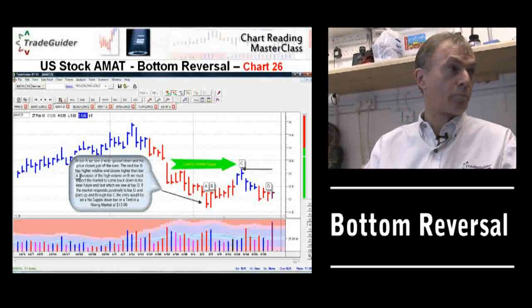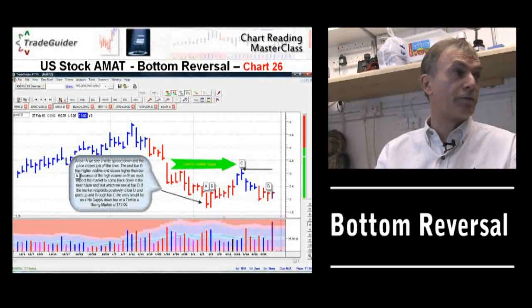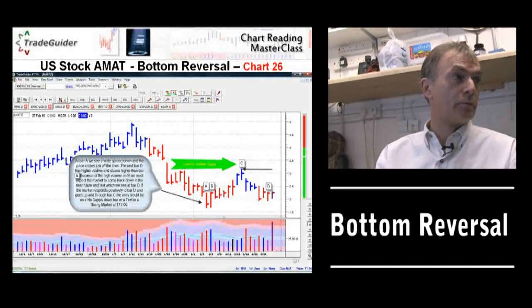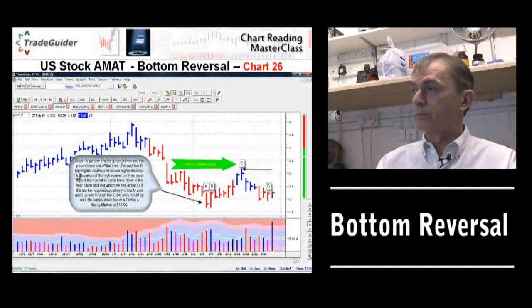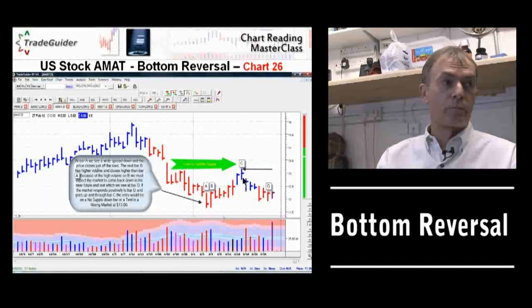Why do they bring the market back down into that area? Well, they probably want to continue their accumulation phase. Now, what would happen here? Now, someone's long here. Would you use a trailing stop to lock in profit as it moved up? Because you'd certainly get stopped out on this bar here.